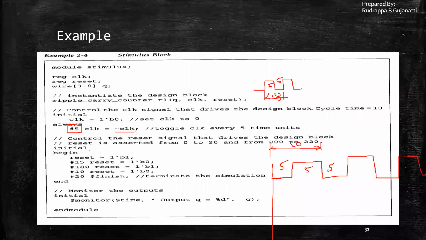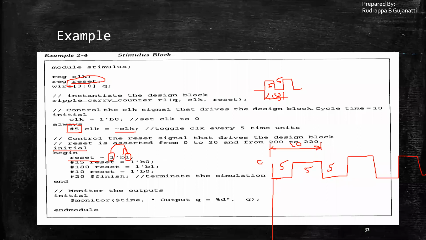Now what he is specifying over here is that he is trying to set and reset the reset pin or the reset signal. Initially, reset is initialized to logic 1. What kind of value is this? This is a binary value. What is the size of this value? The size is 1, since it is binary, only 1 bit. So that is what it specifies.